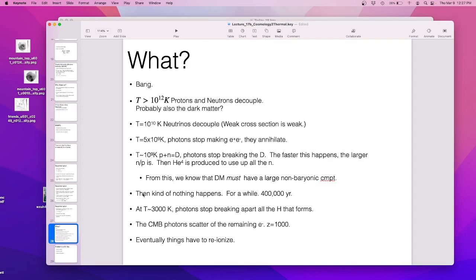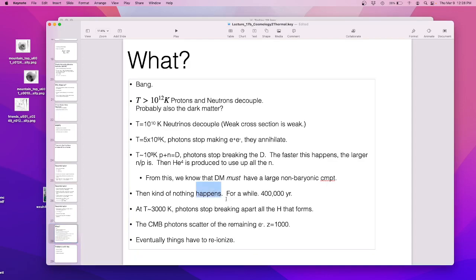Then the photons stop making electrons. They all annihilate, and then we have an electron population. Then the protons and the neutrons make deuterium. Photons break up the deuterium. As it gets cooler, that stops happening. Deuterium forms helium. Then we have all the helium in the universe. And this process shows us, and this is important, that there's a lot of mass in the universe that isn't protons. And I say proton to mean everything that's a baryon, everything that's got quarks in it, because I don't care about anything that isn't a proton. It's either made out of protons, or it's a meson and they all decay. So protons are the only things we really care about.